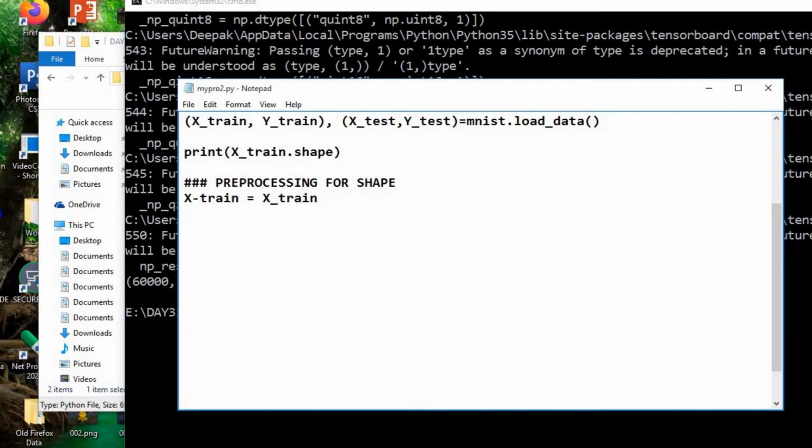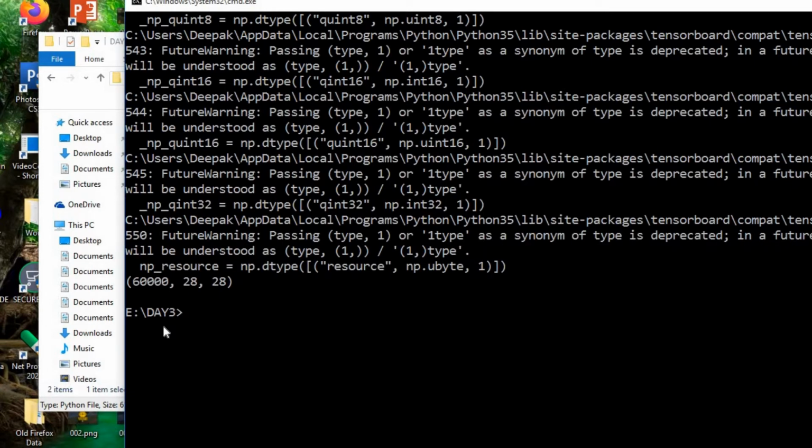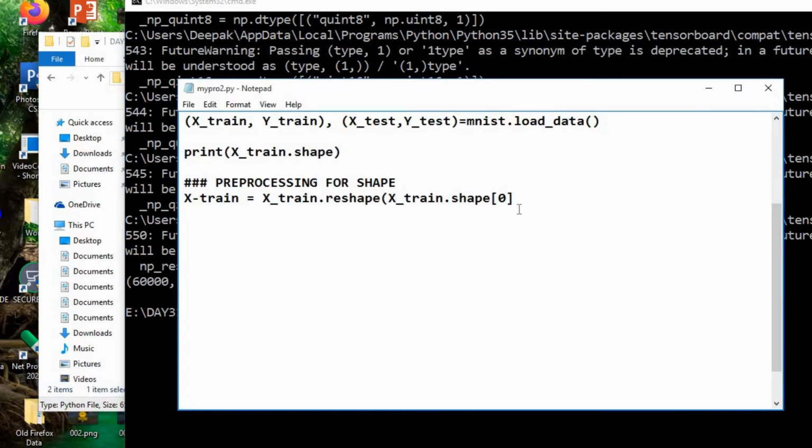For that, x_train is equal to x_train.reshape, with x_train.shape first dimension. Second, here we can see 60,000 by 28 by 28.